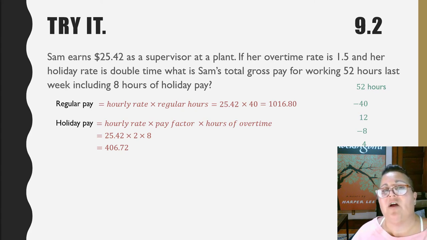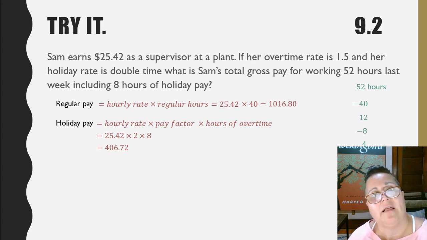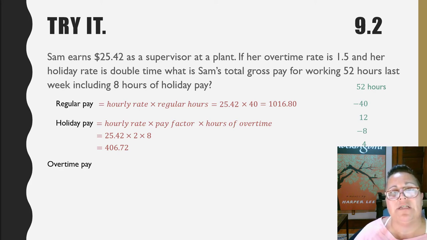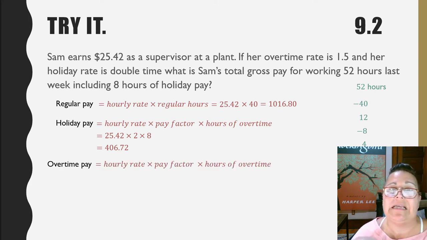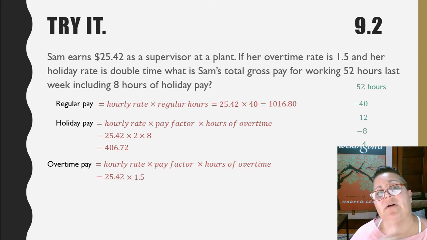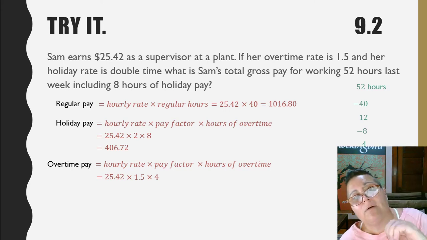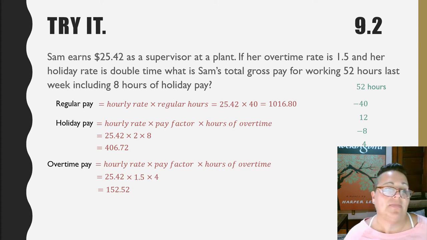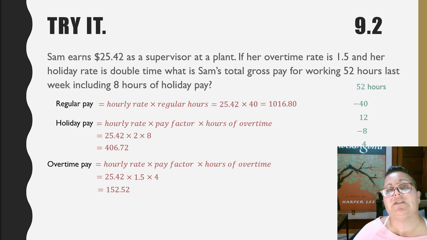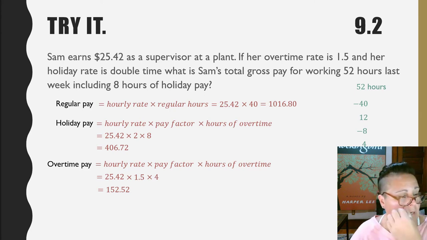We still have 4 hours unaccounted for. Those 4 hours are beyond the regular hours, but they're not holiday, so they fall into simply overtime pay. Overtime pay is the same basic structure as holiday, only our pay factor is changing here. Our hourly rate is still $25.42. Our pay factor now is 1.5. The hours worked at that rate are 4. So I can now account for those 4. I have 0 hours left to account for, and that overtime pay, $25.42 times 1.5 times 4, is